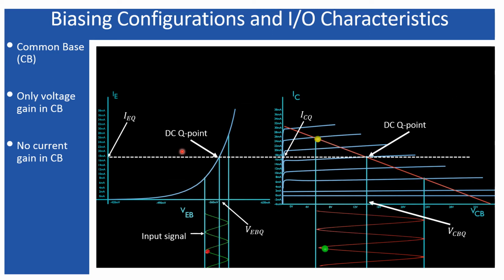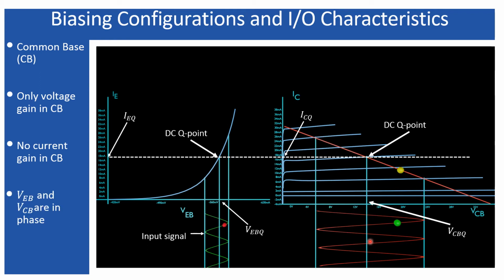However, in practical cases, the gain is even less than unity, because alpha is the forward current gain, which is the ratio of the output current to the input current, that means IC by IE. So alpha is called the forward current gain in common base configuration, and it has a typical value less than 1. So we cannot have current gain in common base configuration. However, we must have the voltage gain, as shown over here. The voltage gain we are achieving using the common base configuration.